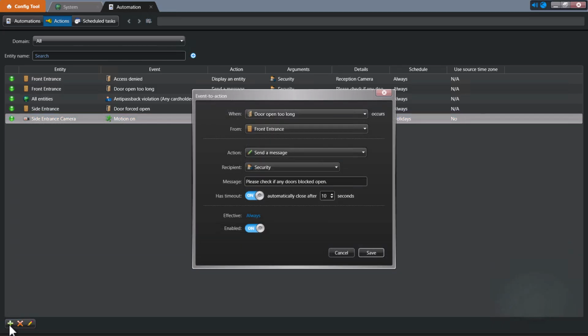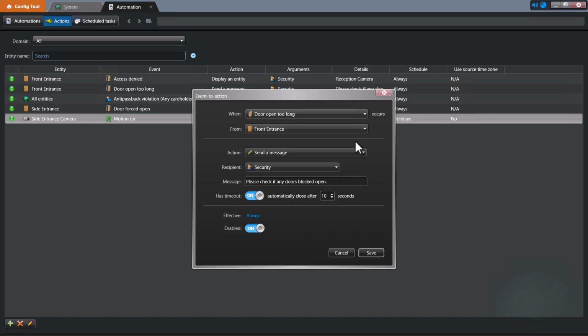Now, I know what you're thinking. Hold on a second, what's all this? Where are my blank fields to fill in? Since I've already created a few actions on this system, by default it keeps the fields set to the previous values that were used. This is in case we have to create many actions based on similar events, or use